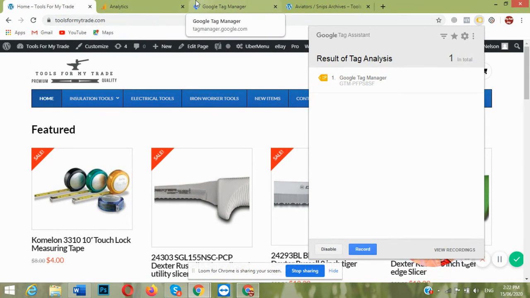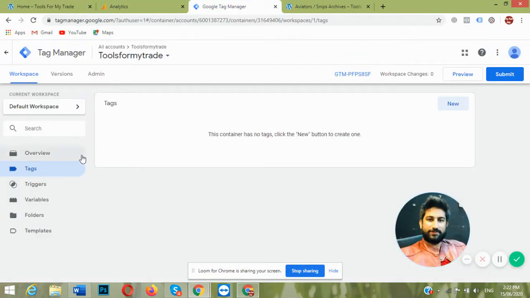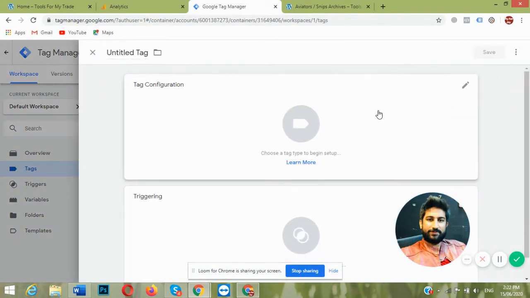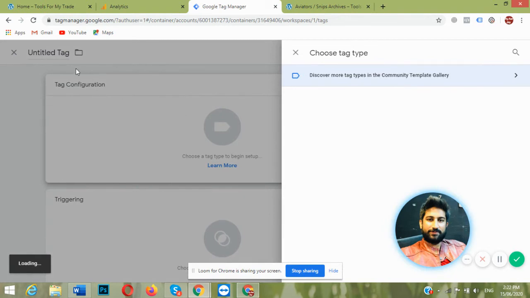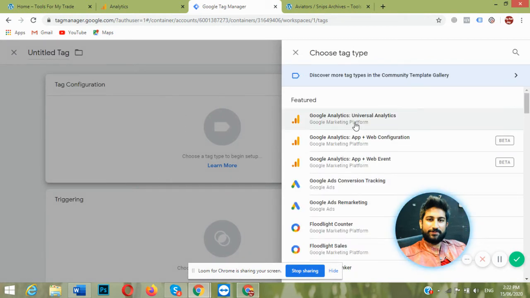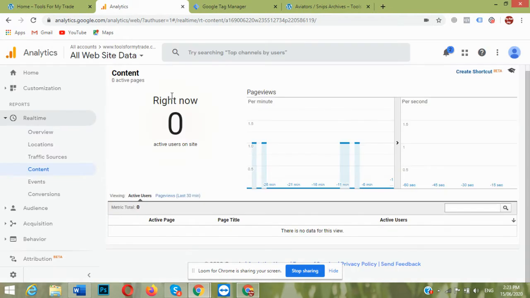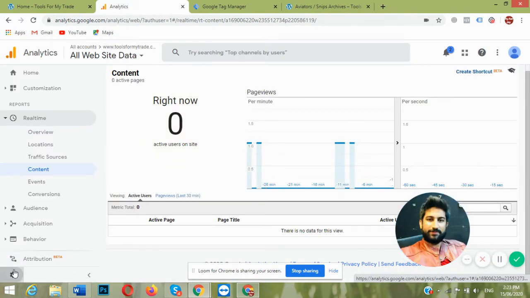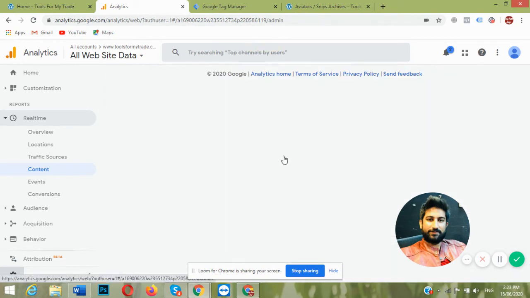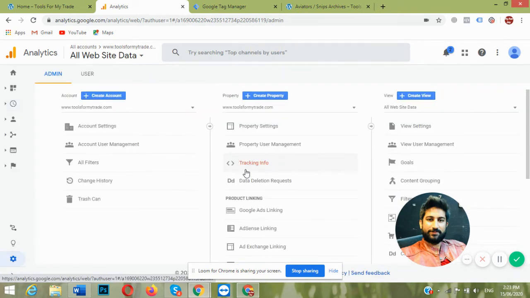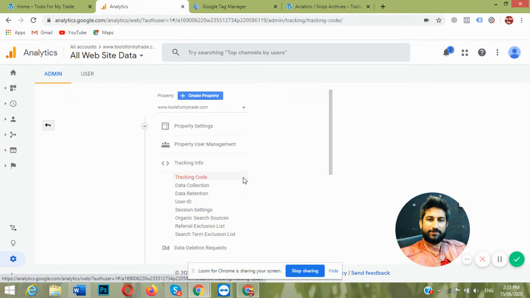So now I will add Google Analytics with Google Tag Manager to the website. We just need to create a tag for Analytics. Create a new tag, click here, and select Google Analytics Universal Analytics. I select this and go to Analytics, Settings, Tracking Info, Tracking Code.